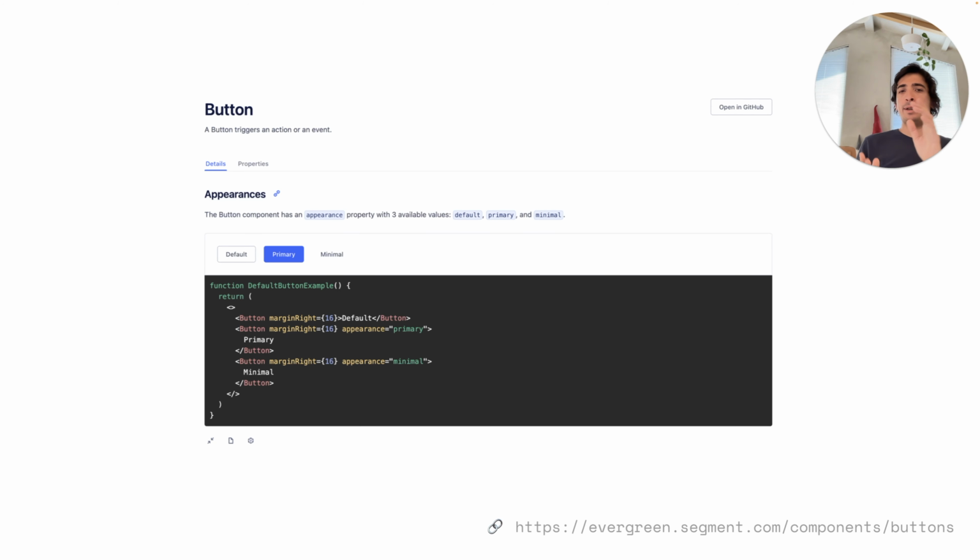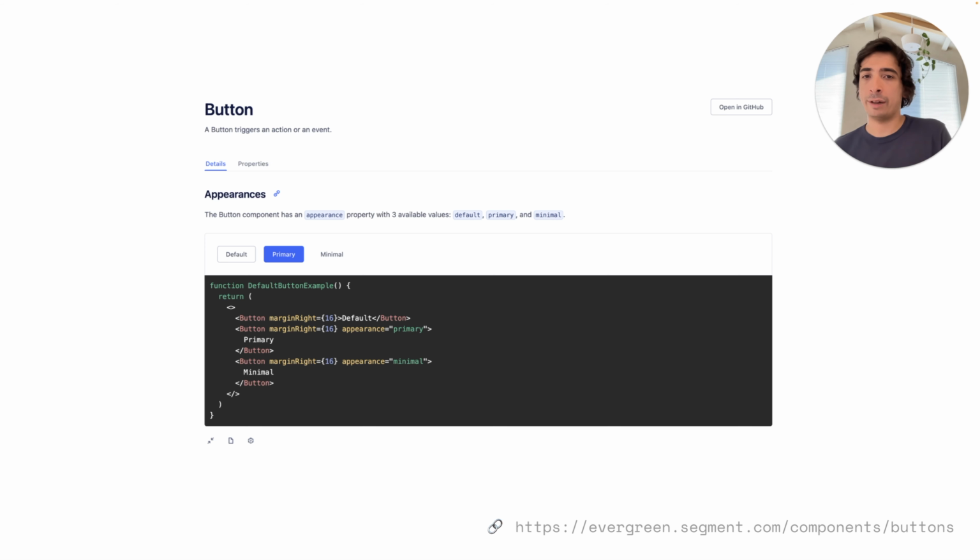One option is to maintain that connection in the documentation layer. Here, we're looking at Segment's design system, specifically the button component. And you notice that there's some documentation here explaining how the button should be used, and there are some visual references to the component, what it looks like, and most importantly, the sample code.